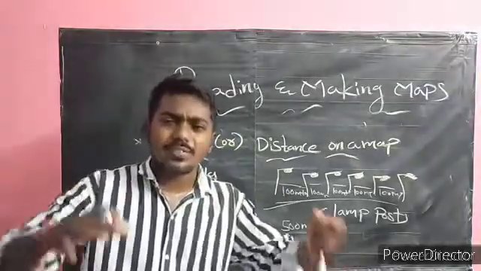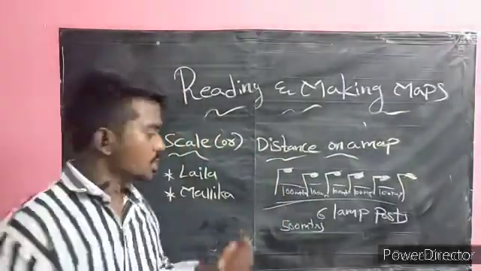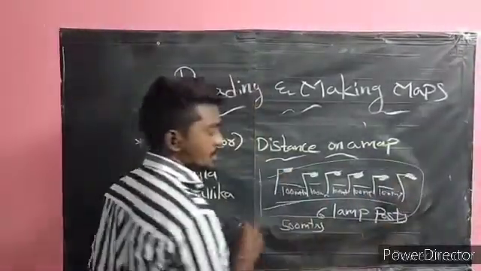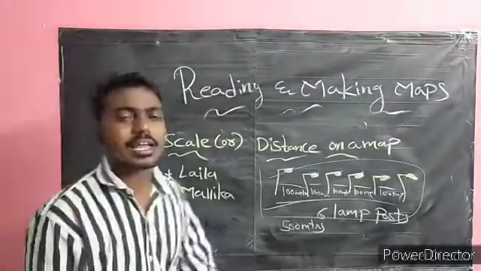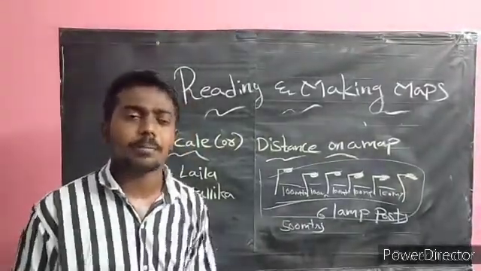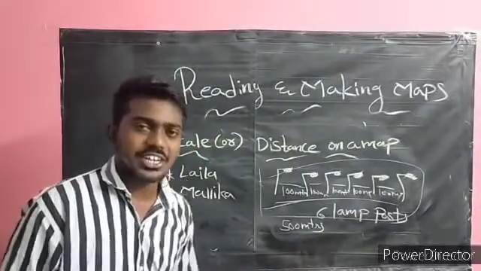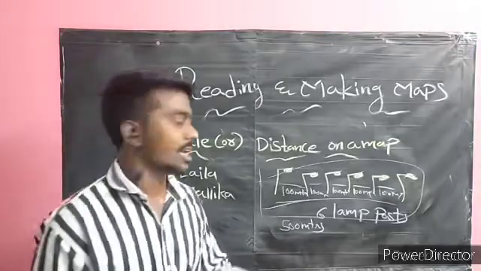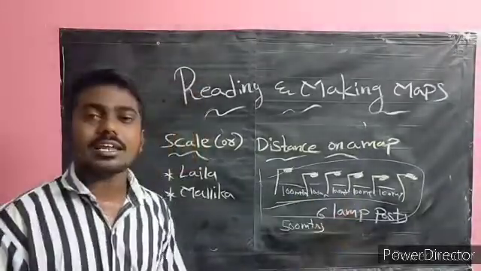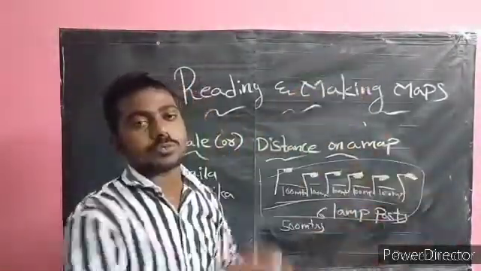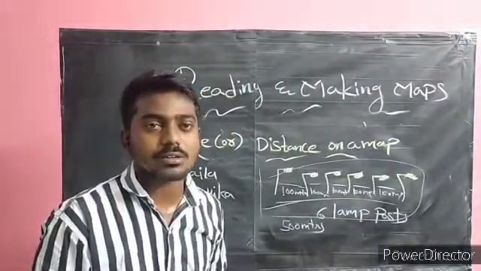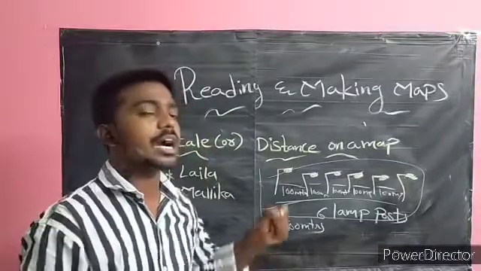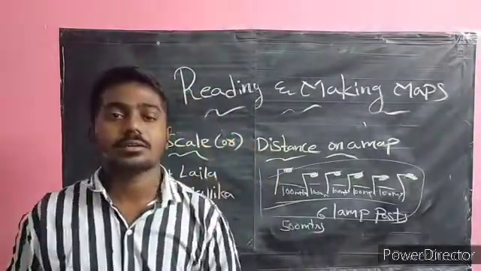Immediately, Laila was eagerly waiting to draw the sketch map of this bridge and lamp posts. Immediately, Laila came and drew the map of the lamp posts. She drew the lamp posts. At last, she made the scale of the lamp posts. Laila does not draw the 100 meters in full size because the map is very small. Compulsorily Laila has to use the measurements, the scale.